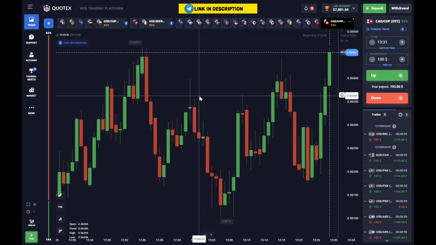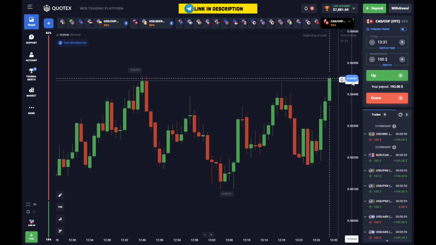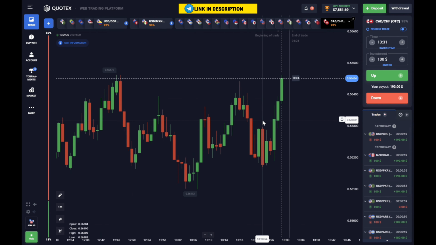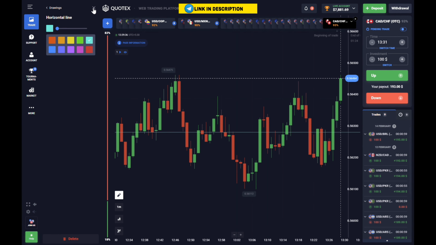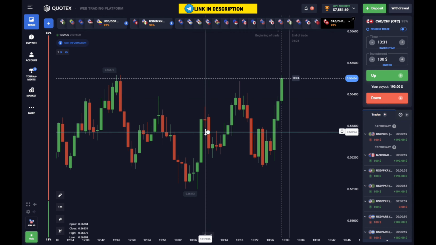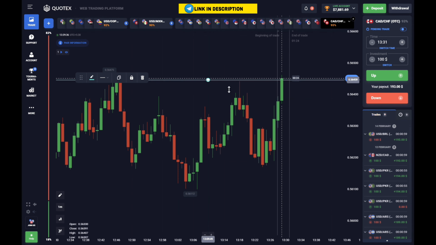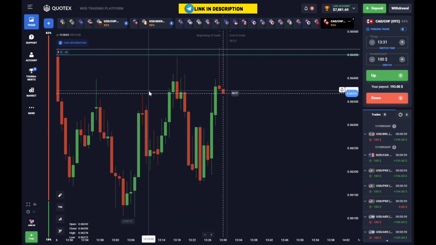I'm going to find a suitable chart where I can properly identify and draw out the key levels of support and resistance. So this is exactly how I go about setting up these support and resistance zones. First, I'll select a horizontal line tool and place it right at the very top where the market price first began its fall. And then by looking at this specific long wick, I'm going to mark the precise level right here. Okay, now this becomes a resistance here.